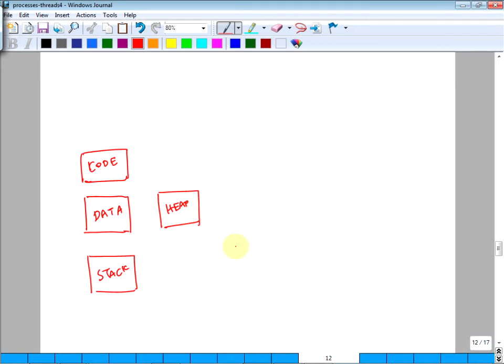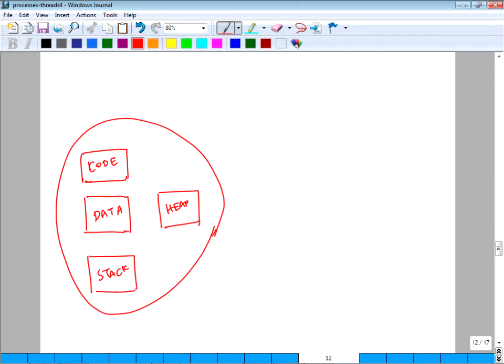So the question is, what happens when you do a fork? This is one task, right? One task, this has these components, right? Memory components or memory segments. So this is where the code is, your executable code area. This is the global data area, global variables, and that's the dynamic variables, all the dynamic memory allocation. And here is the stack. Fork can occur at any point, right? Your program is running, anytime it can fork. So let's say this task forks. So what will happen?